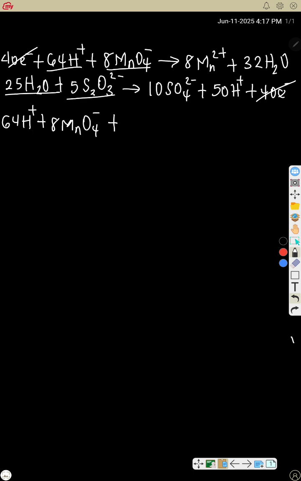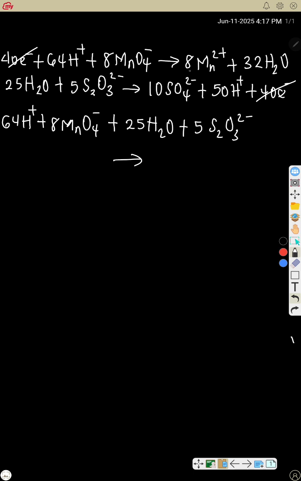So you are adding everything at the left hand side of the arrow together. 25 H2O plus 5 S2O3 2 minus, to give,